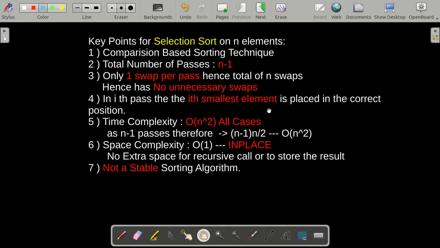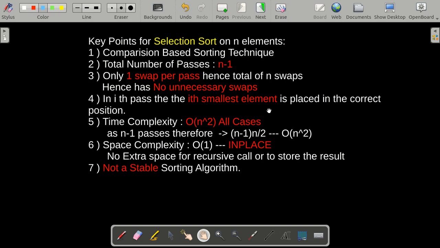Now let's see some of the key points for selection sort. Selection sort is a comparison based sorting technique, which means that we take two values from the array, we compare the values, and accordingly we decide the place of these elements in the array. Secondly, the total number of passes required in selection sort is n-1, just like in bubble sort.